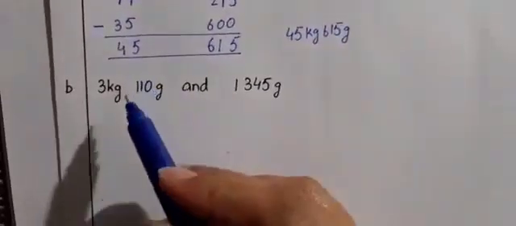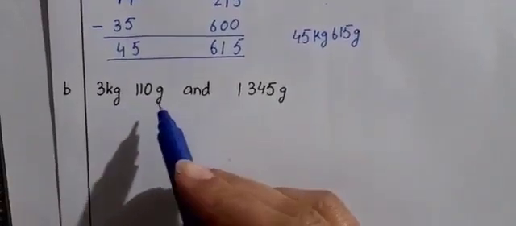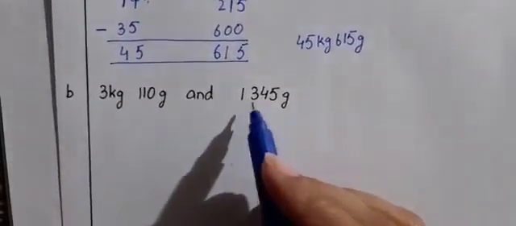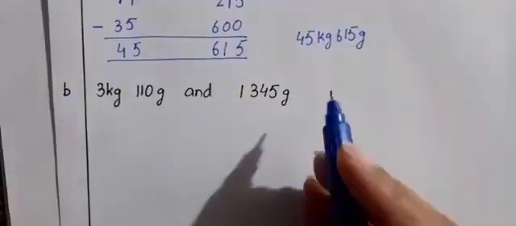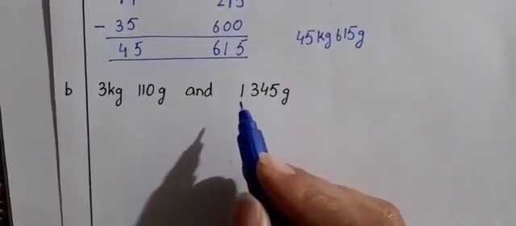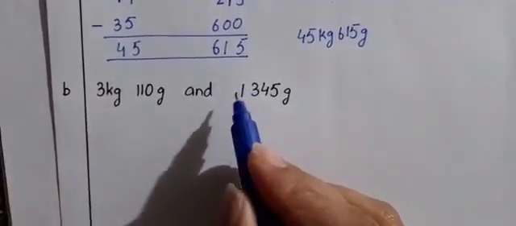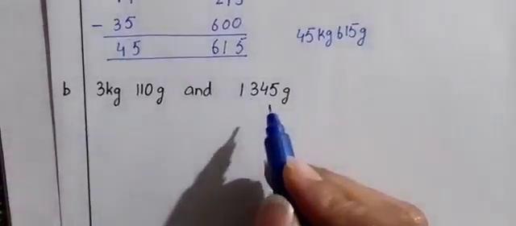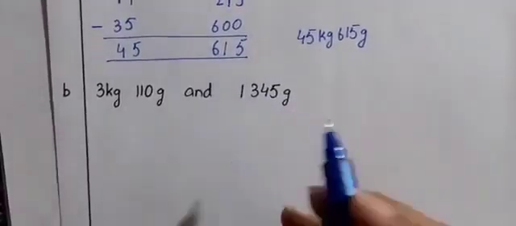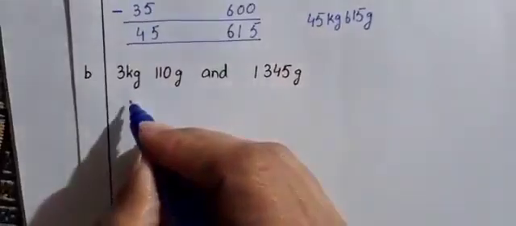Boys, in part B you can see there is something different. It is 3 kilogram 110 grams and 1345 grams, and we all know 1000 grams mean 1 kilogram. So can we separate this 1000? 1000 plus 345 is 1345. So what we are going to do, we will write